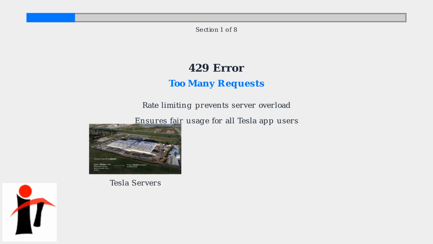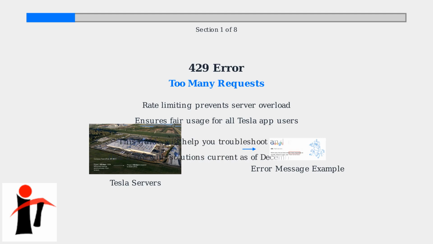Tesla's servers, like the massive data centers shown here, handle billions of requests monthly from users worldwide. When the limit is exceeded, users see an error message like this one, indicating too many requests have been sent. This video will guide you on how to troubleshoot and resolve this issue, focusing on solutions relevant as of December